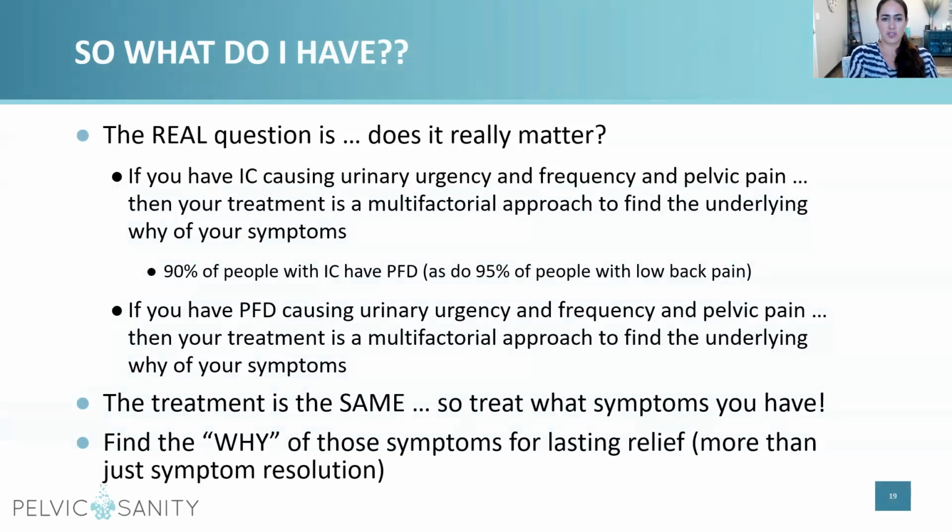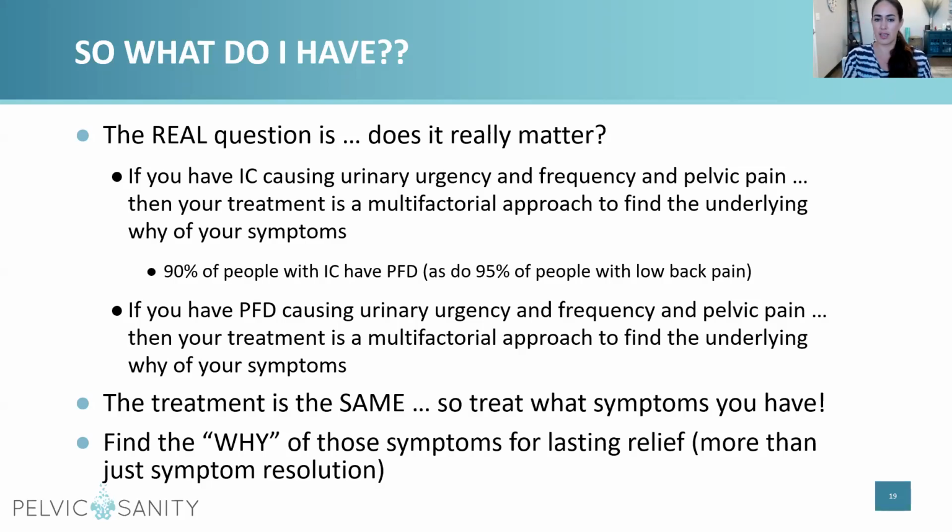If you have interstitial cystitis causing urinary urgency and frequency and pelvic pain, and your treatment ends up being a multifactorial approach to find the underlying why of your symptoms, and remember, 90% of people with IC have PFD, and so do 95% of people with low back pain. Or if you have pelvic floor dysfunction causing urinary urgency, frequency, and pelvic pain, and your treatment is a multifactorial approach to find the underlying why of your symptoms, the treatment is essentially the same,